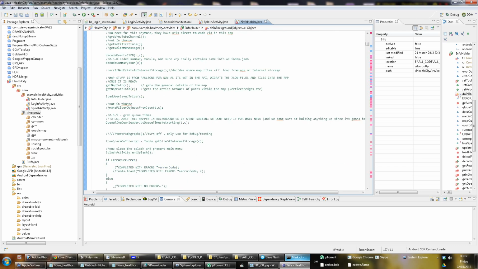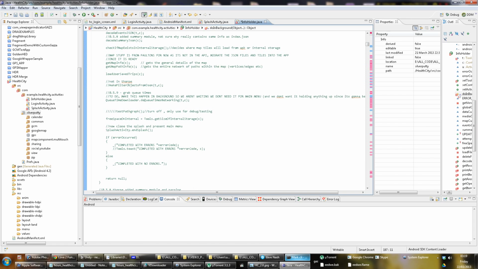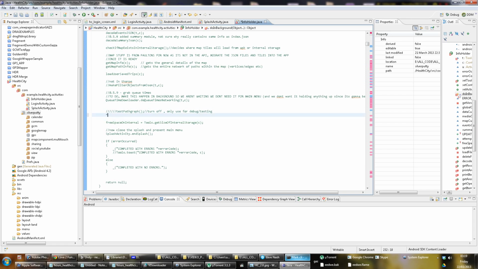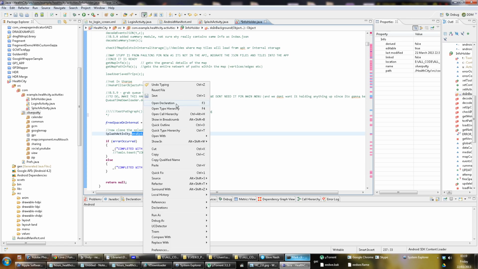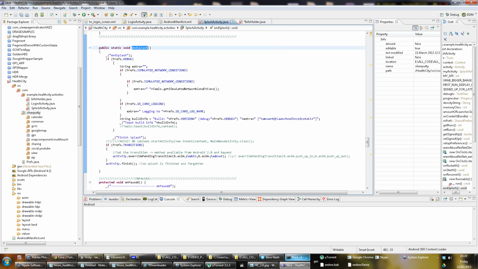Right up to here. So what's going to happen is all that network code is going to be missed out. It's still going to do this line, which is just my tools checking how much free space is available, and then it's going to call splashActivity.endSplash, and in endSplash it's going to go, well, you can forget all that, that's just some debug stuff. It's going to finish the activity,